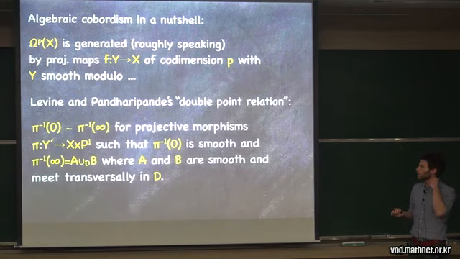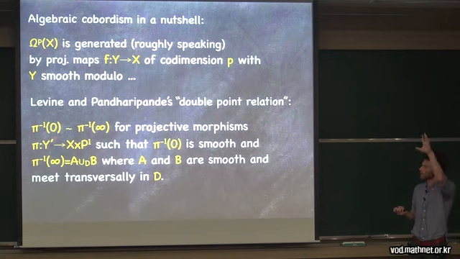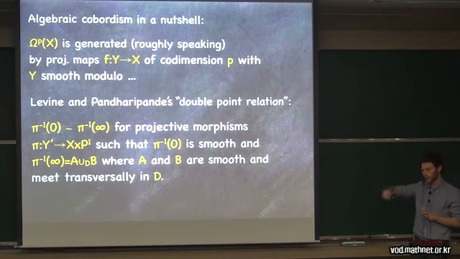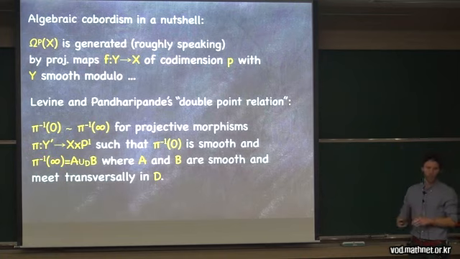And what does that mean? Once again, we say that two fibers of some map are equivalent if we have some projective morphism pi from some bigger variety Y prime to X times the projective line. So instead of the real line, we look at the projective line. And then we require that one of the fibers must be smooth, and for the other fiber, over infinity or over 1 if you want,